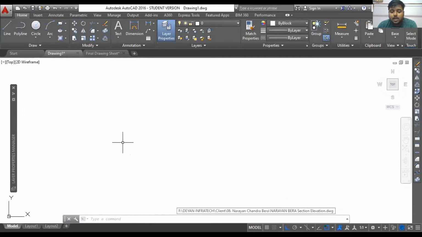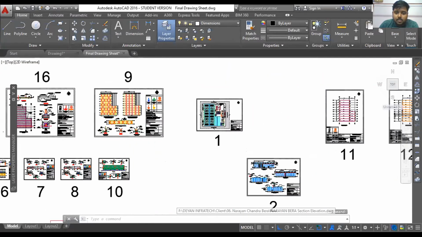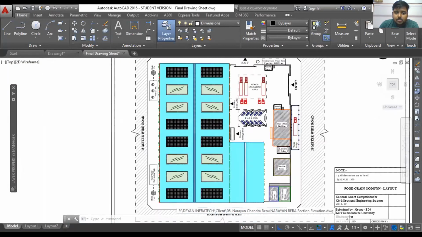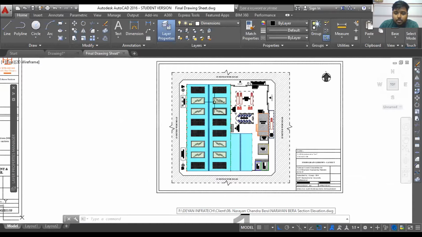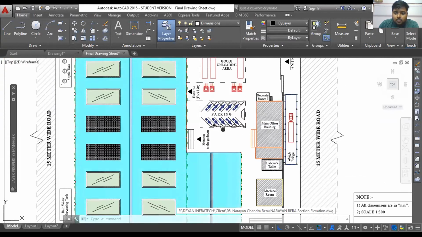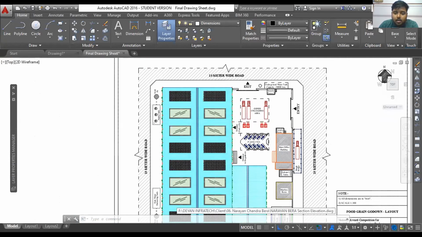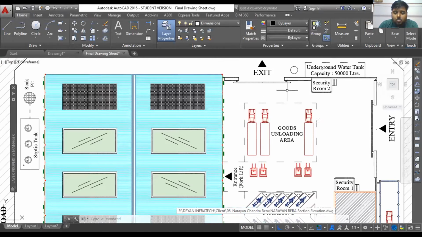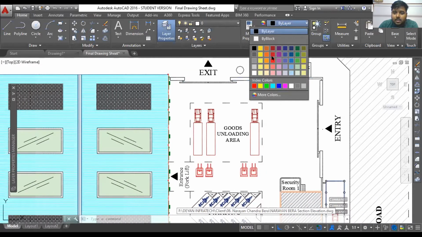The plans till now which you have made, maybe you have drafted something and selected the outer walls. Okay. For example, yeah, this is also a cool thing about using layers. So this is basically the general arrangement drawing of the site. The main food can go down and the facilities around it. So suppose you suddenly want to change the color of the walls. So what will you do? You'll select each and every line of wall like this, and then click on here and change the color.